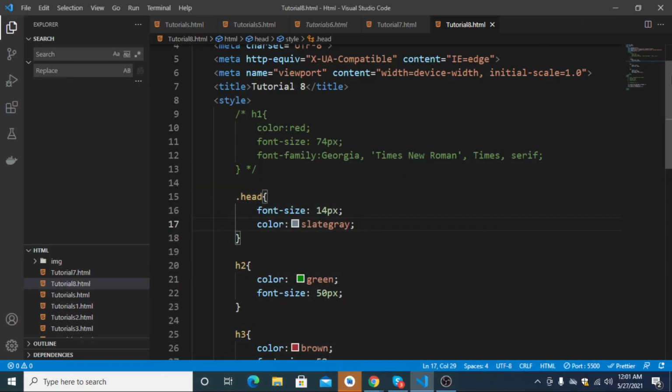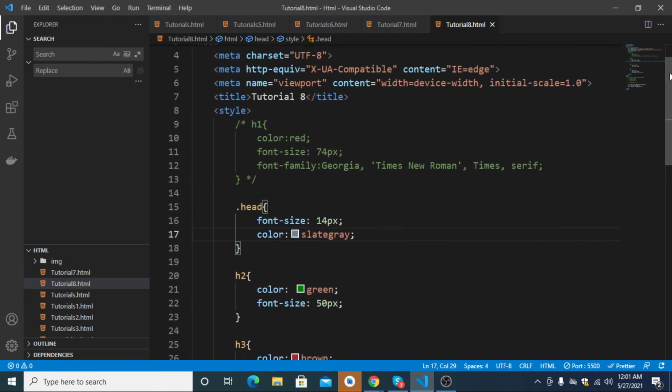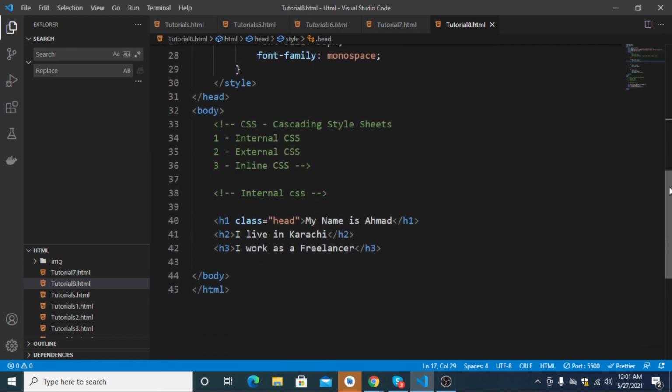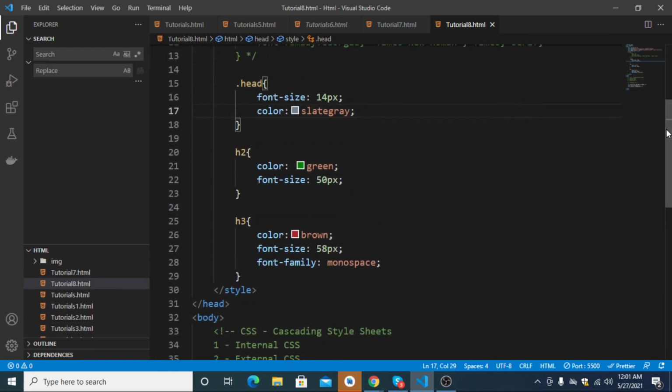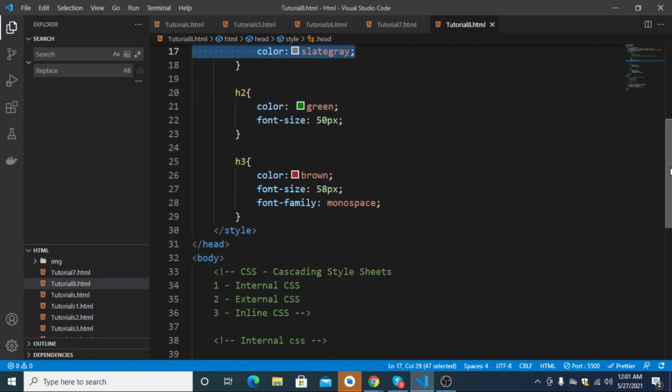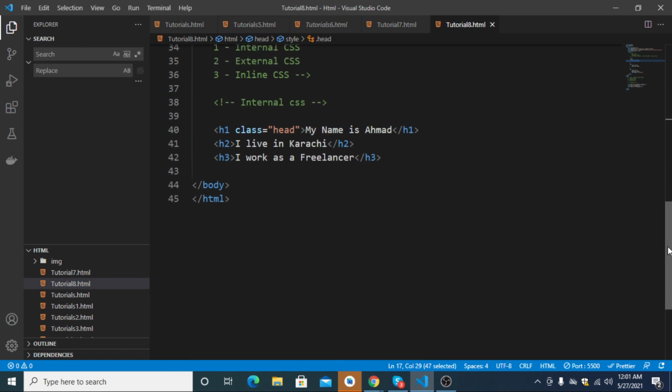This is a basic tutorial to implement CSS in your document. We have discussed two things here. One is how to implement things directly on the tags or selectors, or how to do the same thing by applying a class. You can see here how to make a class. When we make a class in CSS, first we write a dot and then the name of the class, and then you define the properties here. The things you write inside these curly brackets are the properties. Whatever you write here will apply to those tags.